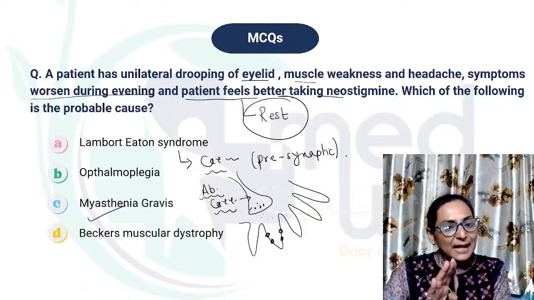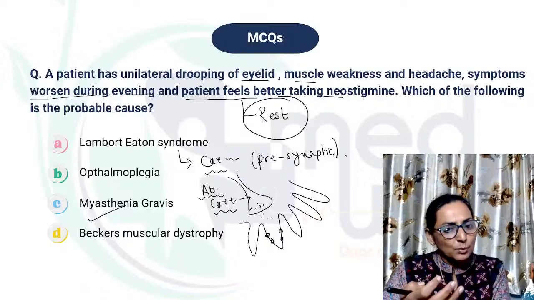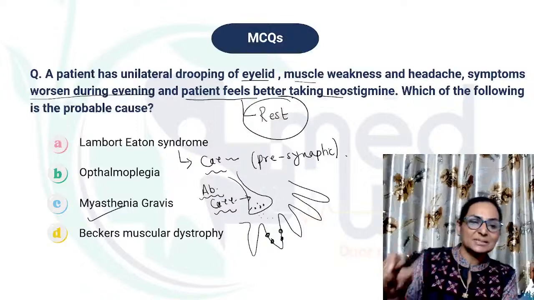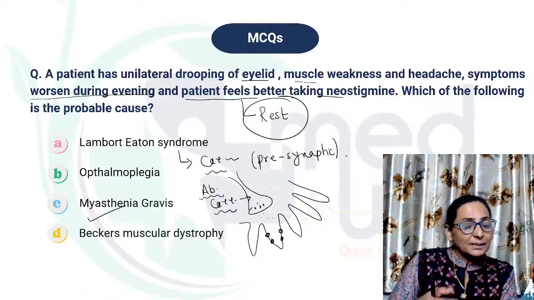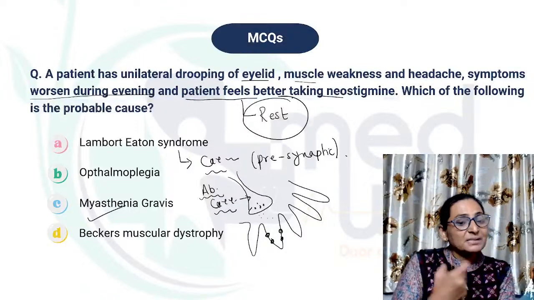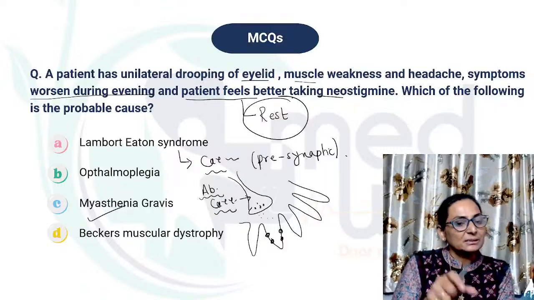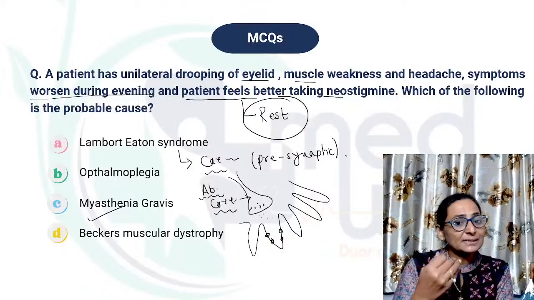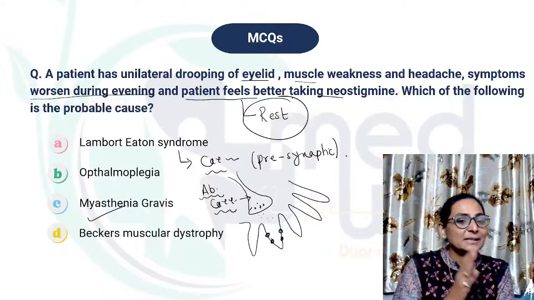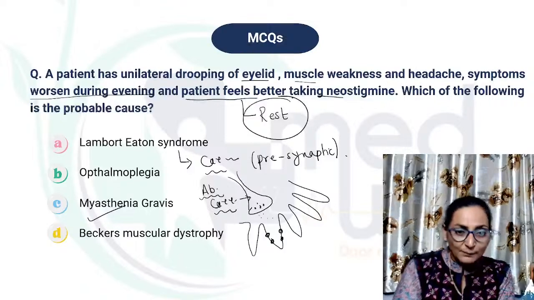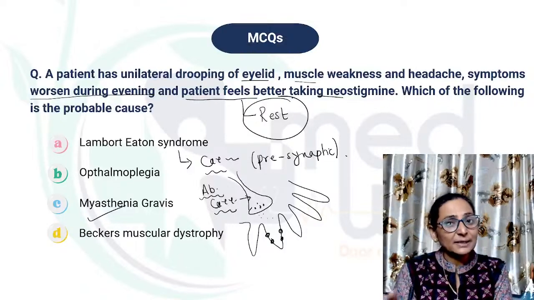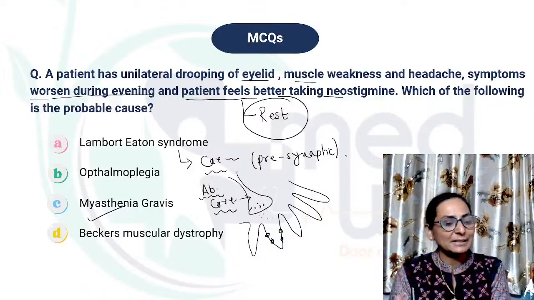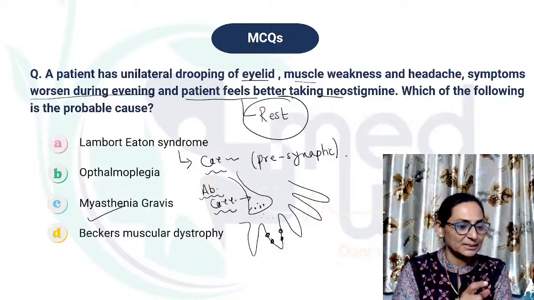The difference is that when the person works more or towards the evening, there is fatigue. These symptoms are more towards myasthenia. But if the person works more and feels better after exercise, the symptoms are of Lambert-Eaton. Okay, meaning if he feels good after exercise, that is Lambert-Eaton. Towards the evening, while exercising, and sometimes it is given that even while chewing food he gets very tired, again myasthenia. So be very, very careful with this.